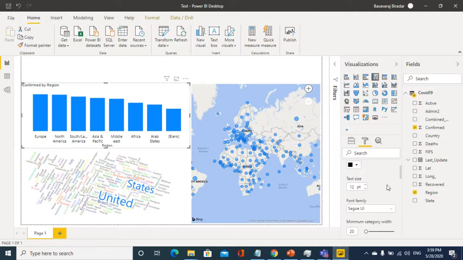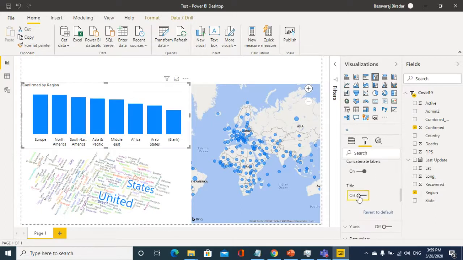That you can do here. And again, I don't want any title for this x-axis. You can remove that. I don't want any report title either, and you can do that here. But if you want a report title, you can call it confirmed by region.